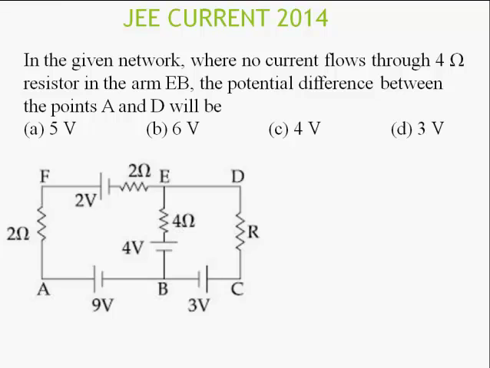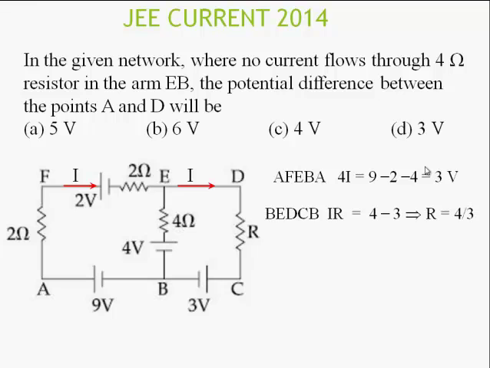Let's say we apply Kirchhoff's law. We know there's no current from A to B. So I'll mark the currents. The current I comes from here, and the same I goes on, because no current goes through here. Now I make the loop for AFEBA. This is 4I equal to 9 minus 2 plus 4, which comes out to be 3 volt. That means I is 3 by 4 ampere.